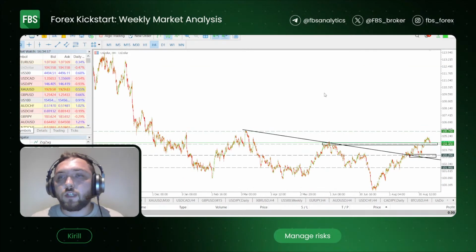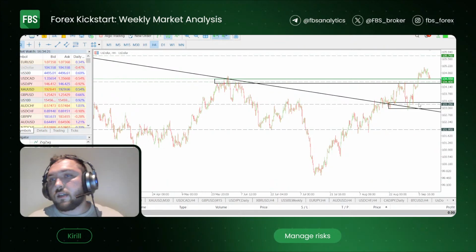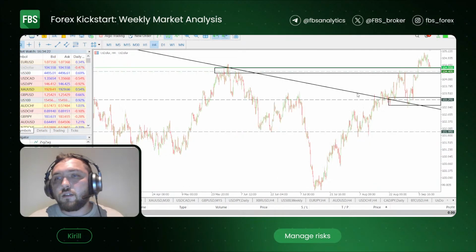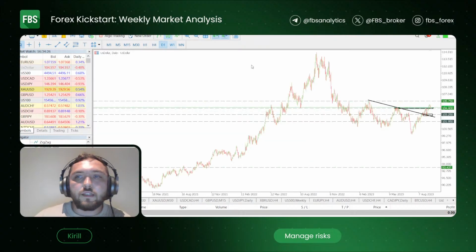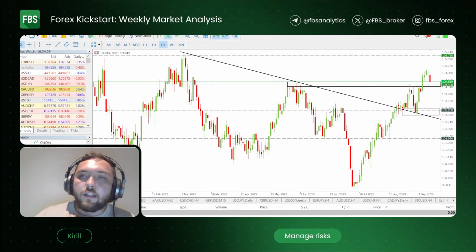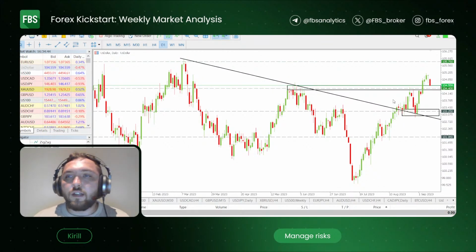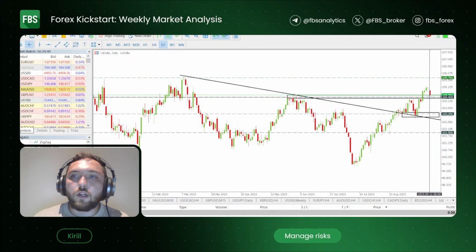Let's start with the US dollar index, guys. As you can see right now, the price is declining towards a significant support level, which is this recent high. It is around 104.4. For me, this is the most important level the price should hold to continue the uptrend. If we hold this level here, we can expect an uptrend to continue towards